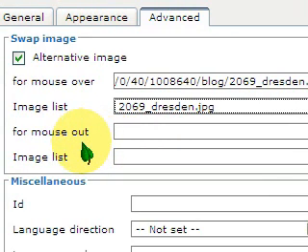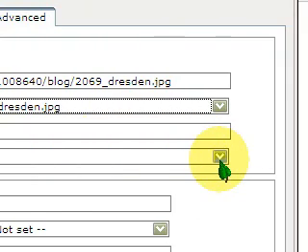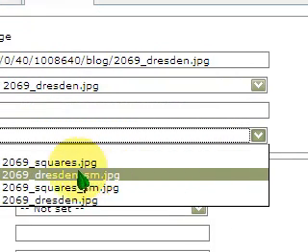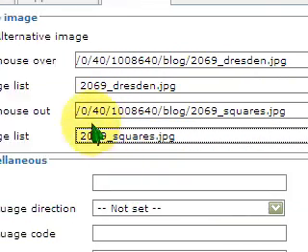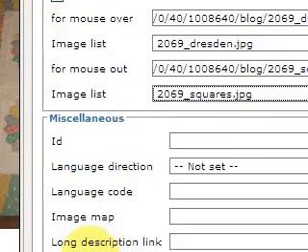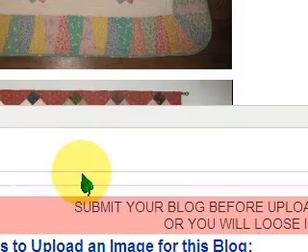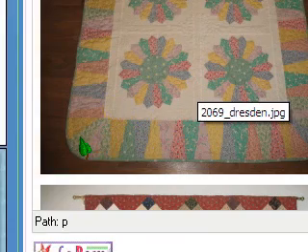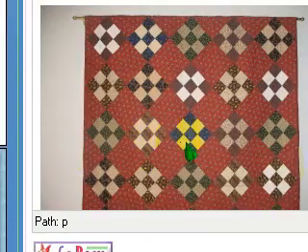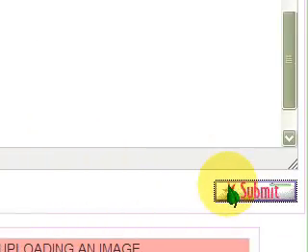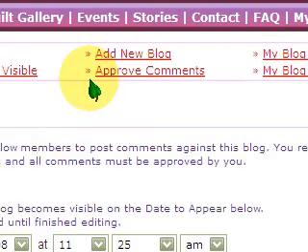Now mouse out is what will show when the viewer takes their mouse off of the picture. So what you want to do there, usually you can go back to the first image, just so it flips back to the original view. So once again, go on the image list. I'm going to use squares, and that's all you need to do. Click on insert. Now here is the rollover image. Click on submit,